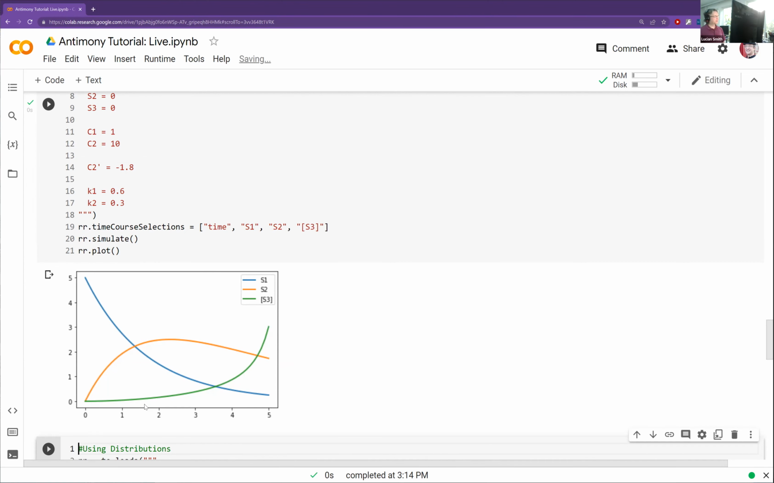There. So now we see S3, as the volume of the compartment into which it's going is shrinking, its concentration is shooting up much faster than it otherwise would have. So again, these are sort of made up examples, but you can certainly imagine that even just having fixed compartment